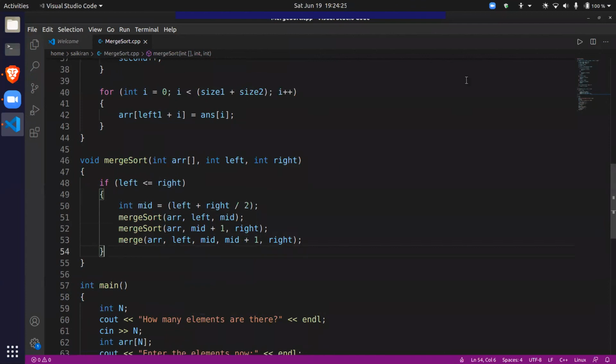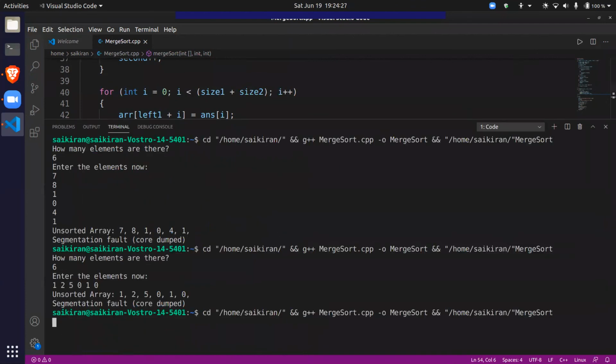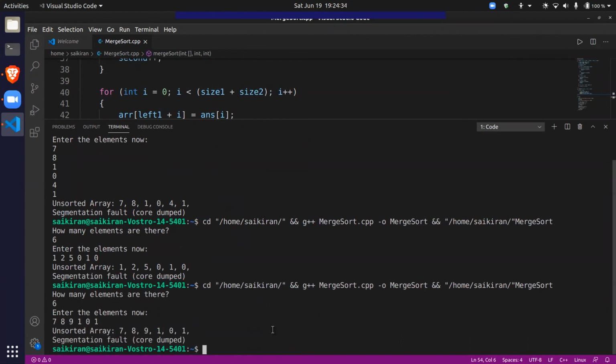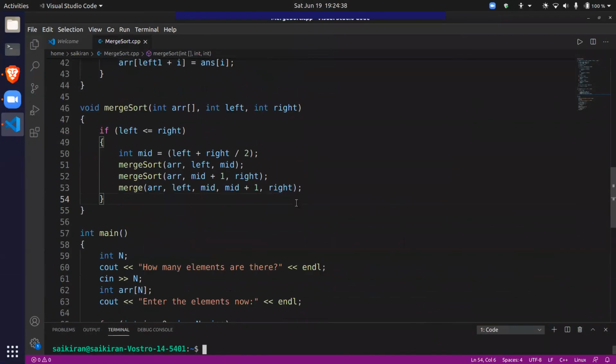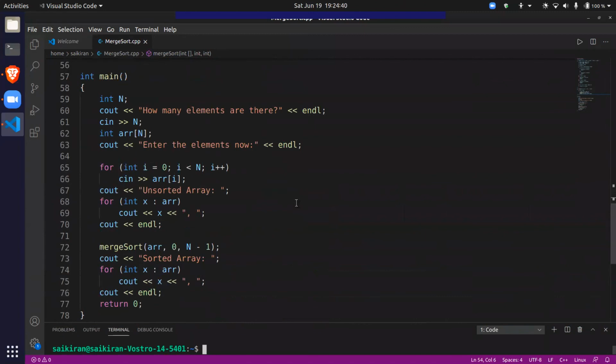Let's try this once. 6, 7, 8, 9, 0, 1. Where are we going wrong?